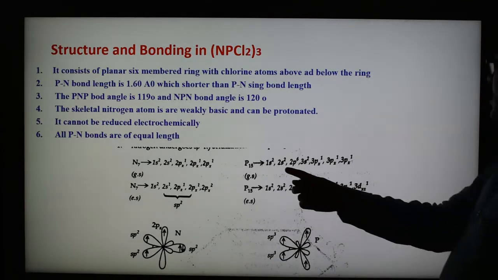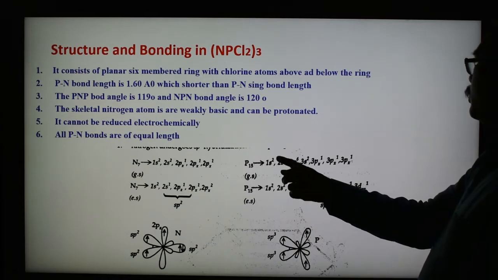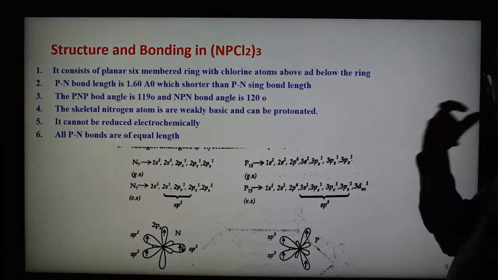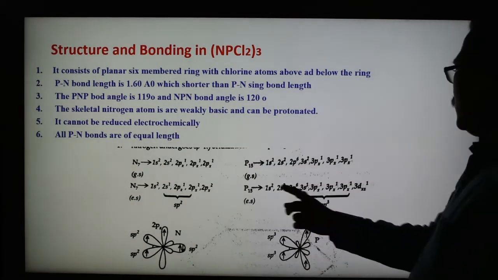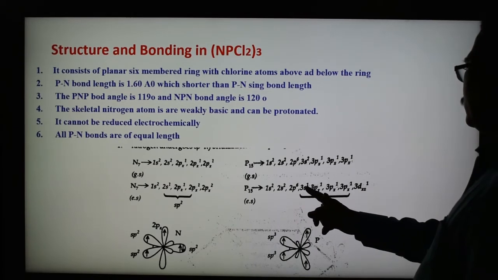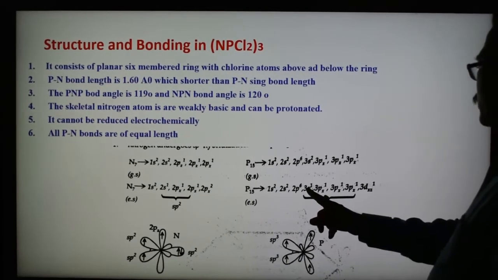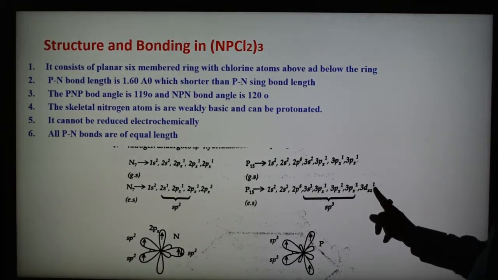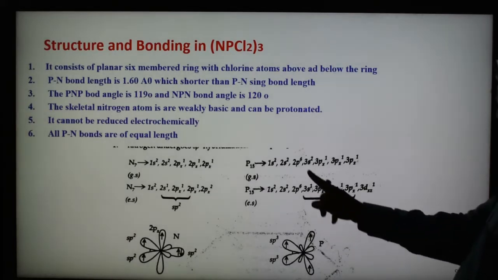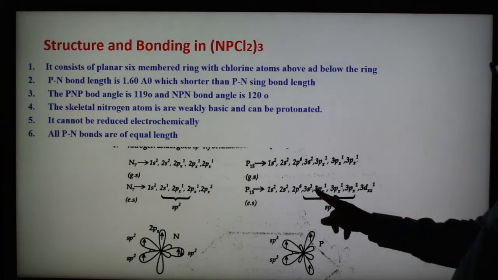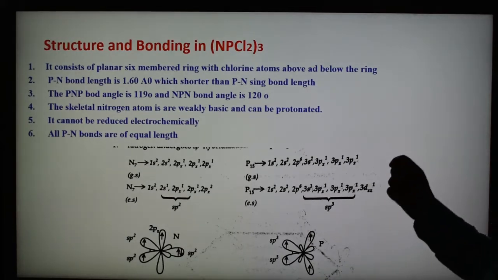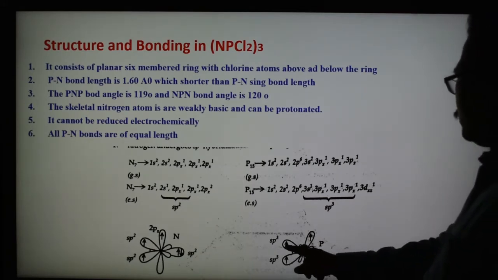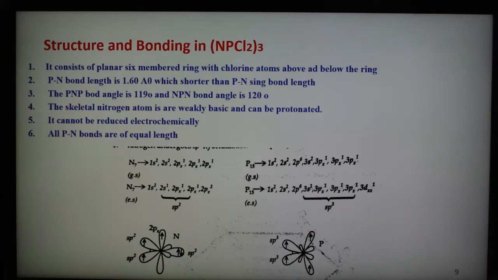In the case of phosphorus, the atomic number is 15 and the configuration is 1s2, 2s2, 2p6, 3s2, 3px1, 3py1, 3pz1. This is the ground state. In the excited state of phosphorus, 3s has 2 electrons in the valence shell, so 1 electron is shifted. There is no space, so it is promoted to the 3d orbital, and the 3s and 3p orbitals undergo hybridization, forming sp3 hybrid orbitals of equivalent energy and shape. And this is the orbital of phosphorus, showing 1, 2, 3 sp3 orbitals, and 4 orbitals are there.